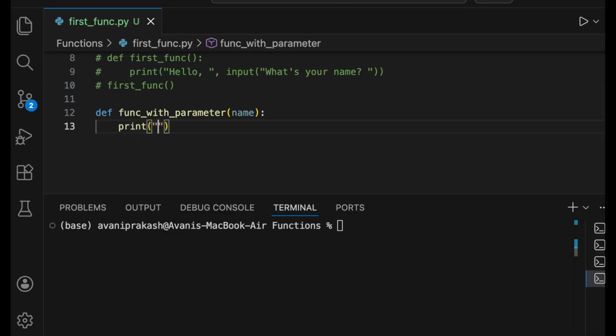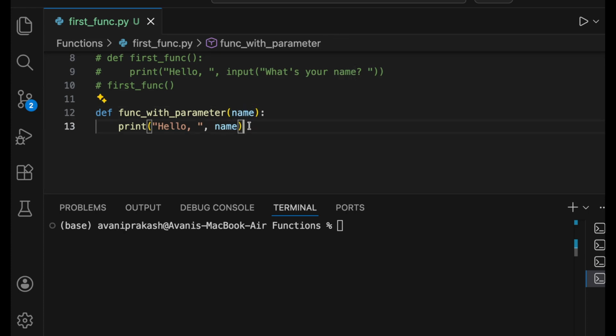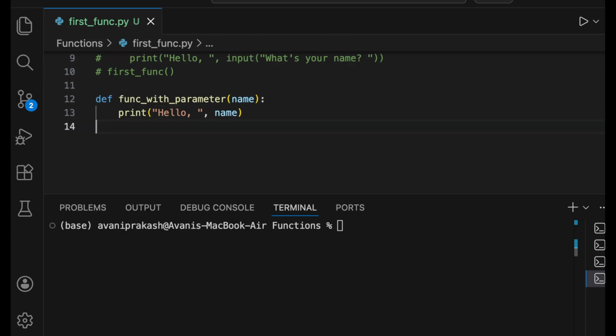Print. Again, I am going to do the same thing, hello, and this time instead of like here where I asked for the input, I am going to simply call here this name, the parameter that we have defined here. Now when we have called this function,